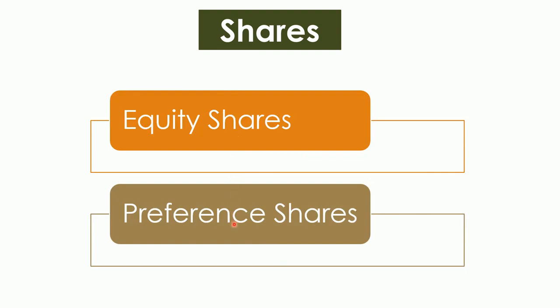equity shares and preference shares. Equity shares are the shares that carry differential rights as to voting and payment of dividend. The rate of dividend is not fixed, but it depends on the profits made by the company in a particular year. On the other hand, preference shares are the shares that carry preferential rights with respect to the dividend and repayment of capital on the winding up of the company. The rate of dividend in case of preference shares is fixed, but it is paid out of profits only.